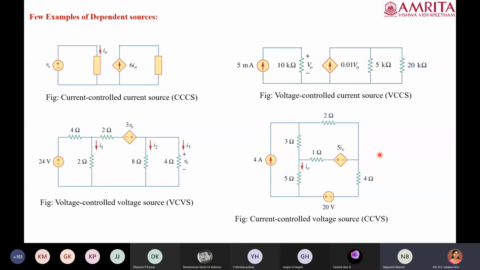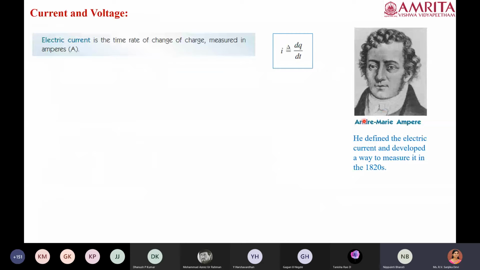Okay, so it's quite easy if you know how to differentiate it. The first thing is that you have to understand whether it is a voltage source or a current source, and the second thing is that based on the value given there, you can understand whether it is dependent on a current or on a voltage. We have only 4 possible combinations. I think that's fine. We will move on to the next topic.